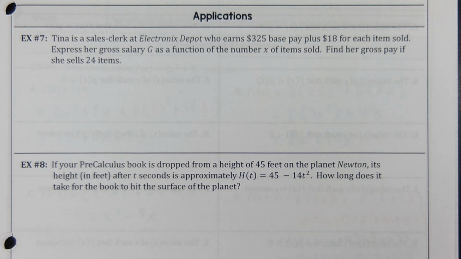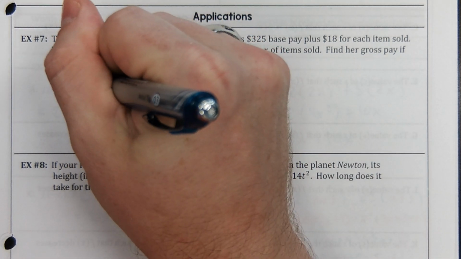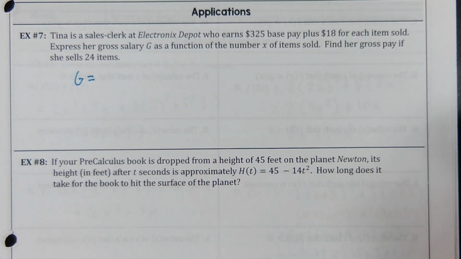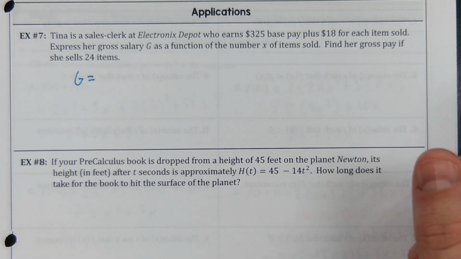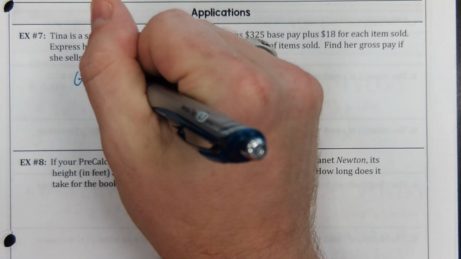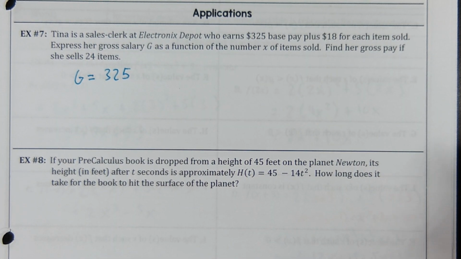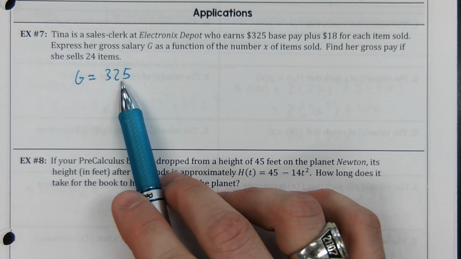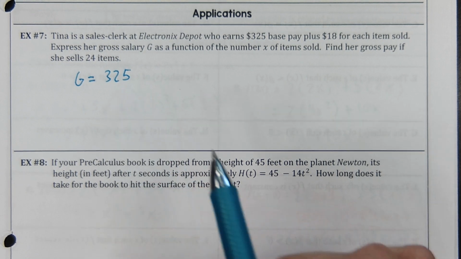So it says her gross salary is G. Gross. She has a base pay of $325. That means no matter what, regardless of how many items she sells, she's going to make the 325. Should I put an X next to this 325? No. And the reason why is because this is independent of the number of items we sold. Doesn't matter. Plus